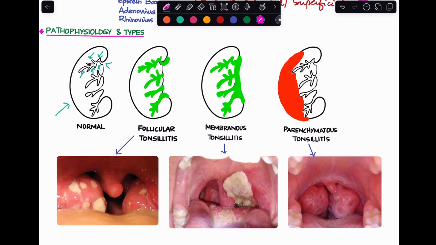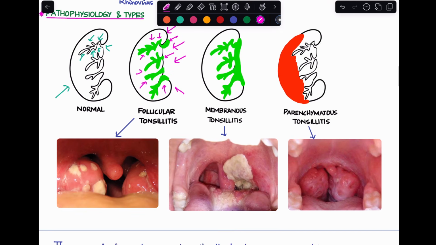Now, if we look at the second image over here, this is what an acute follicular tonsillitis will look like. What happens here, as the name suggests, is the inflammatory exudate is collecting in these tonsillar crypts. You can see that these are filled with exudates forming in the tonsillar crypts. They start presenting on the surface of the tonsil. So this is our surface of the tonsil, right? So these start coming out of the crypts and they start presenting as multiple yellowish white spots on the inflamed